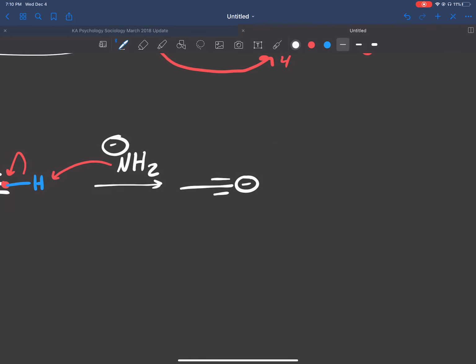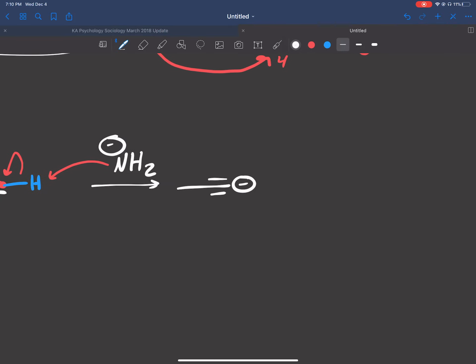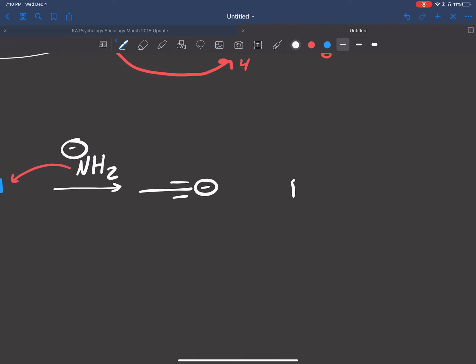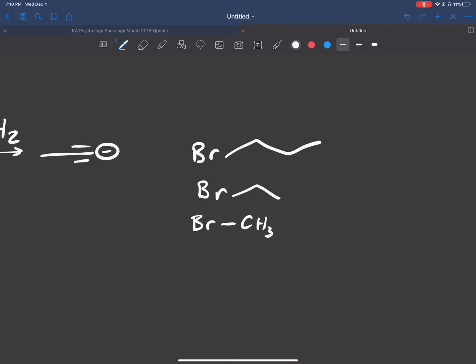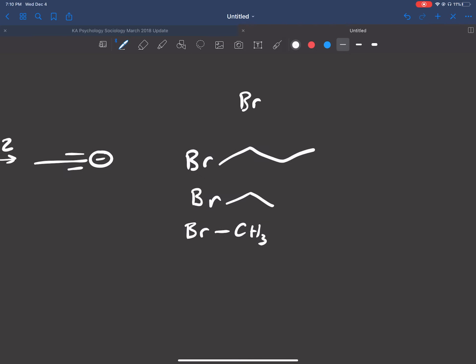Now, to extend the alkyne, you need to be careful. This is going to be SN2 based, so you're going to want a primary leaving group. Something like that works, or maybe even like this. Or if you want to add a methyl, or extend by one carbon, we would do this. Be careful though. Remember, we have the exception of beta branching. So if we had something like this,